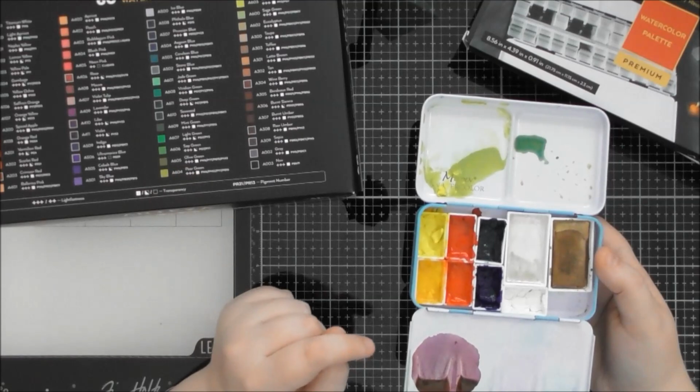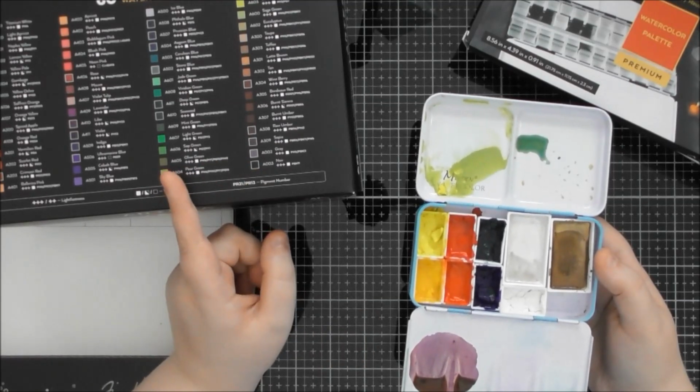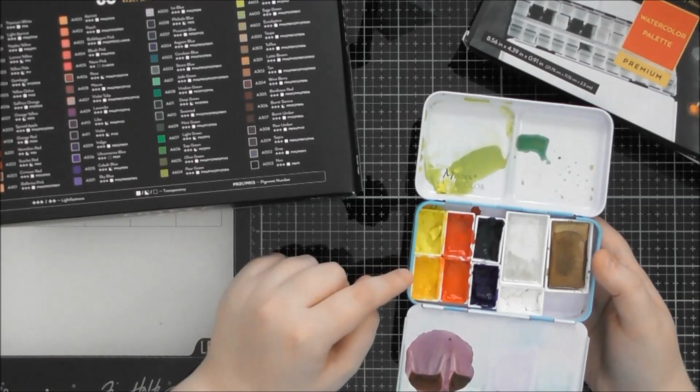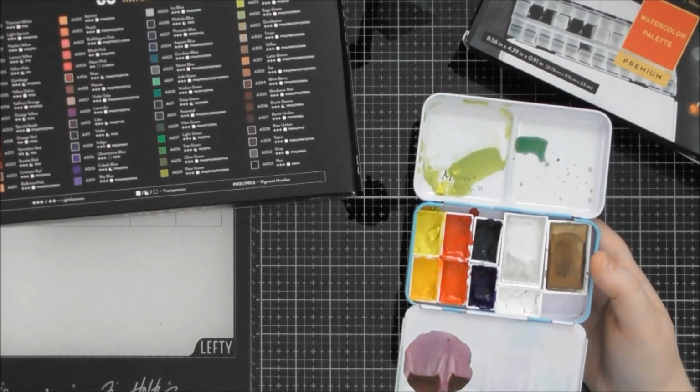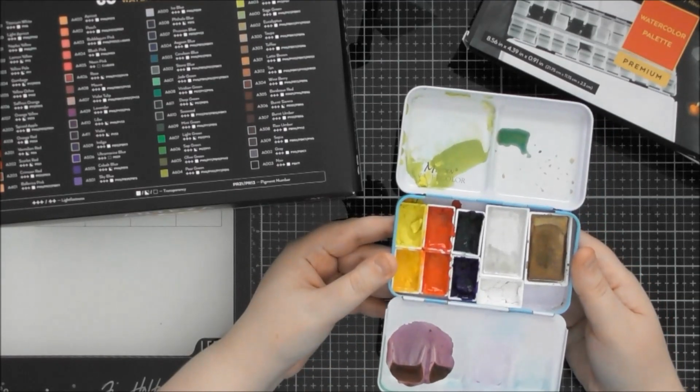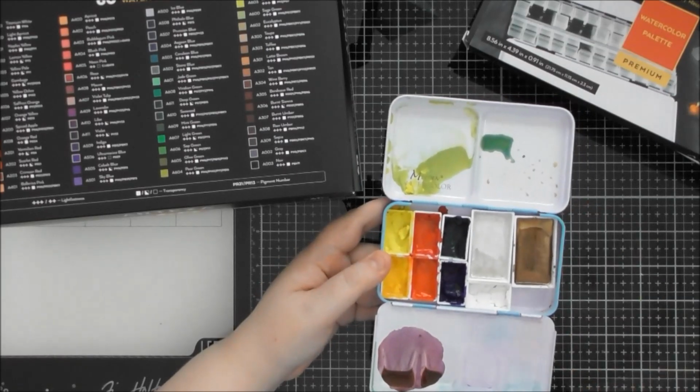I mean, you might want a murkier green if you're doing something with a lot of foliage and you want a variety of lots of different green tones to use. But yeah, I think limiting your palette sometimes is a really nice way to go, so that's why I made this little palette, because I wanted to have a go at that,